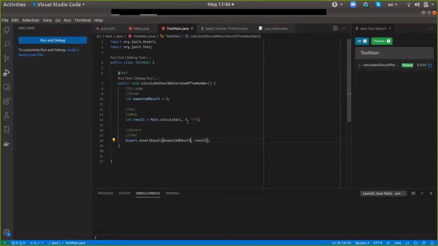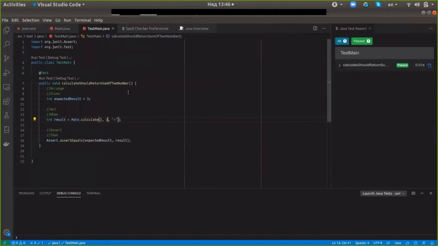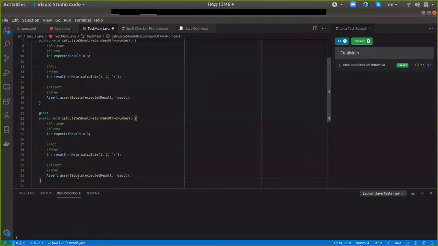Well, first of all, I have noticed that I haven't provided meaningful results at all, and it has passed. So that indicates that the code is not doing what I wanted it to do. For example, if I change the expected result to something else, it's going to fail. So that was the first loop of test-driven development. And then usually what happens in real life, someone would add another test